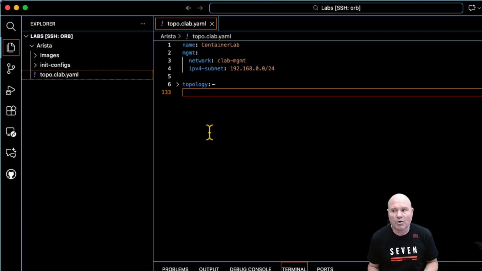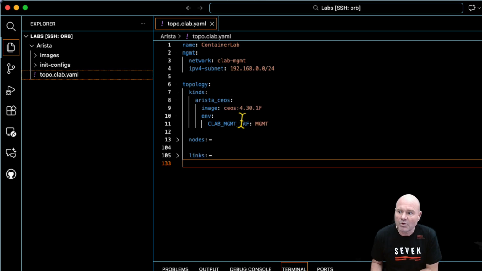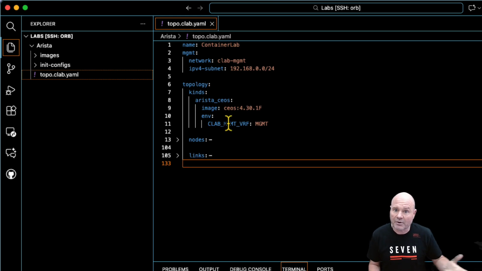And I'm going to start to roll this down, but I didn't want to have everything on the screen as you saw it in the past couple of videos to start. So when we look at the topology in VS Code, I'm going to roll this down. The first thing that we look at from the last video when we created our actual Docker images with the import command, we have the kinds. And right now, the only kind that we have, and what's great about Arista is, cEOS, they only have one operating system. They don't have 4 or 5 different operating systems like some of the other OEMs do. So when we do the kinds, it's just saying that the kinds of devices that are going to be here,